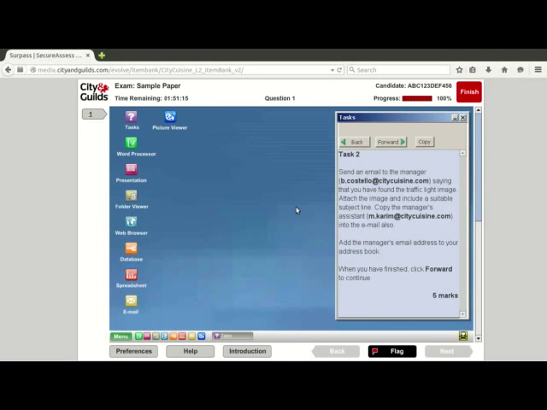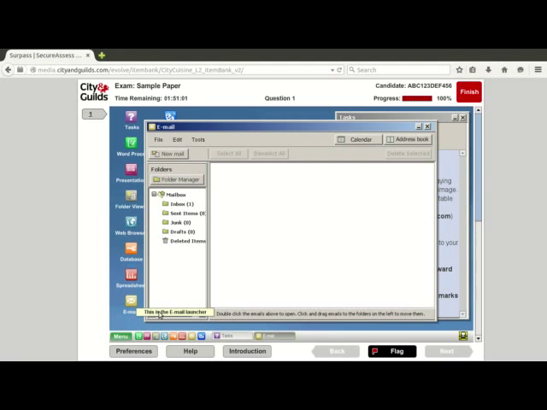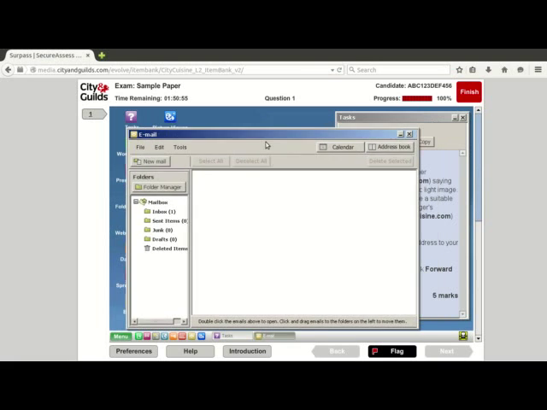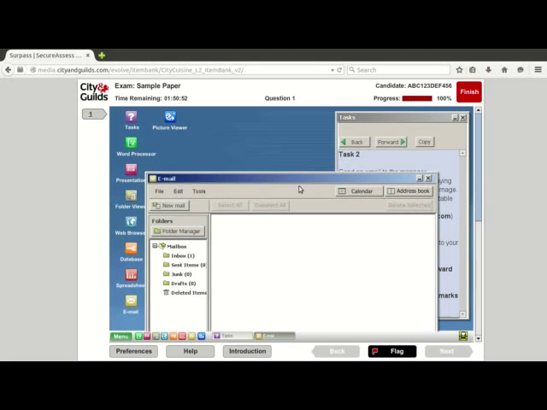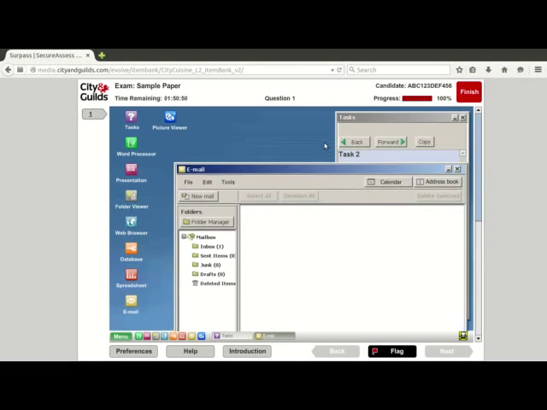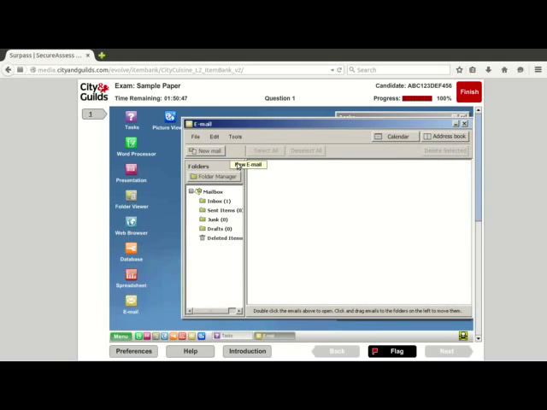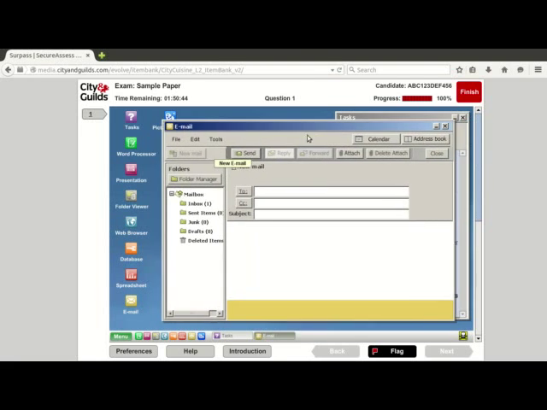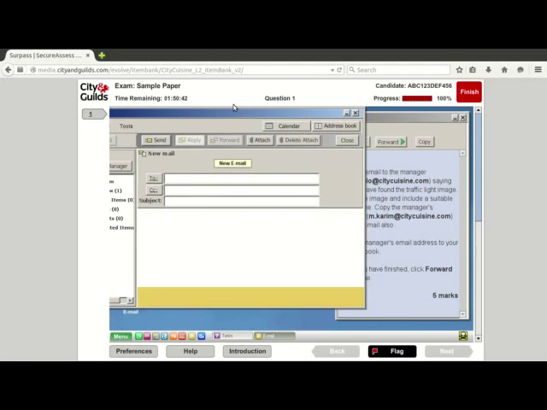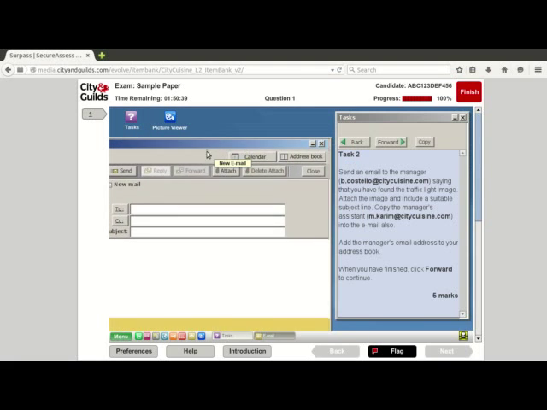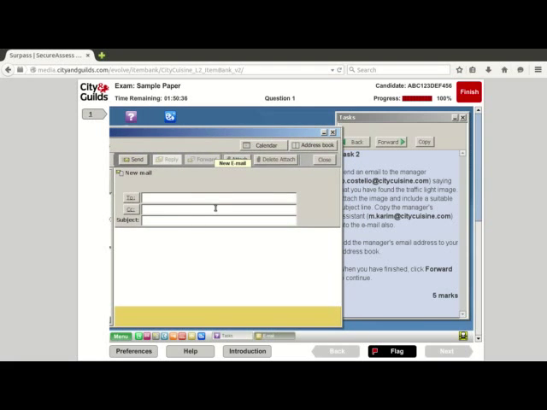So here this section is about email, so I'm going to choose my email icon, so I press on it to open it, and then I'm waiting on it to send my email. So just like any other email, you send a message by creating a new message. So I'm going to new mail, and I'm going to send a message to the manager of City Cuisine. So it's B Costello, so I'm sending it to